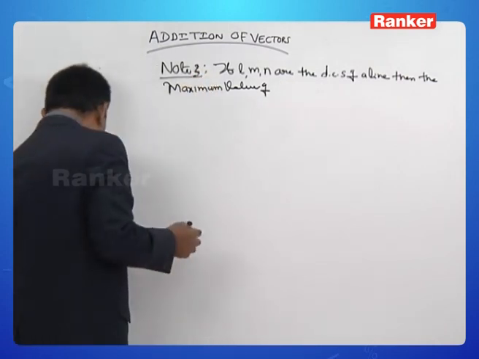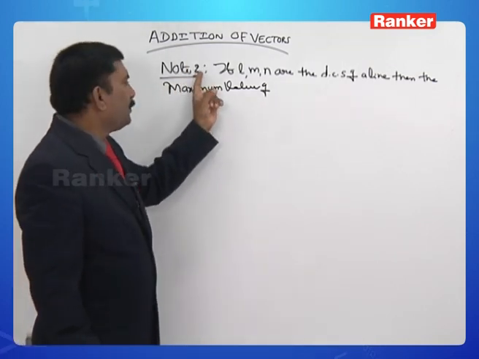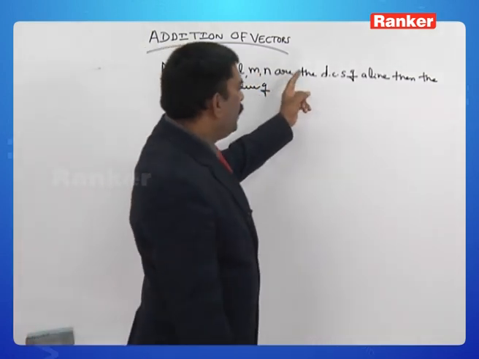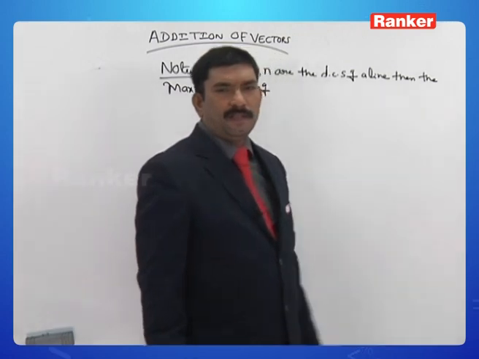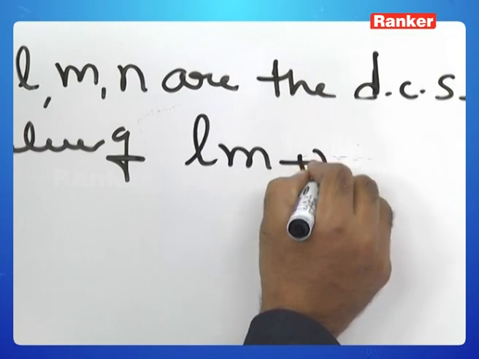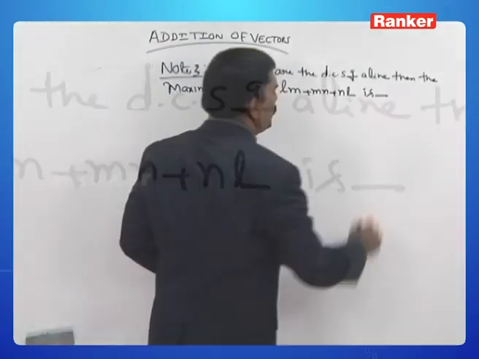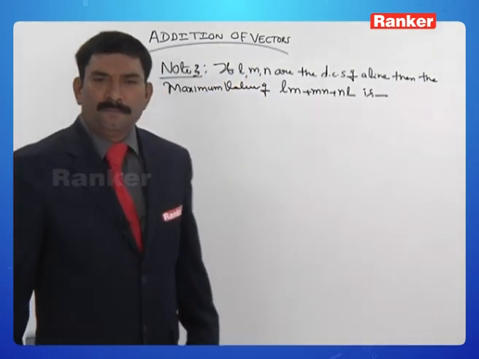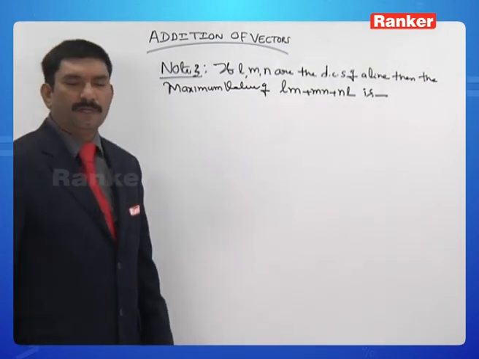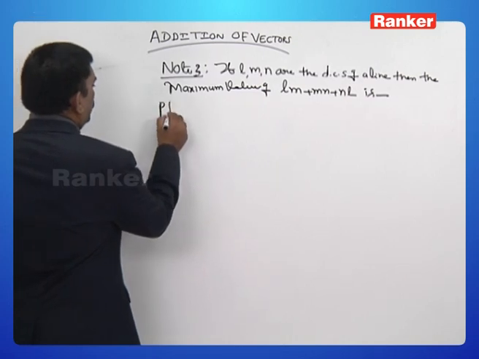Note 3. What is note 3? Listen here. Note 3: if L, M, N are the DCs of a line, then the maximum value of LM + MN + NL is ___. Yes, now it's a product of two direction cosines. Now what I do is, the proof of this one is,